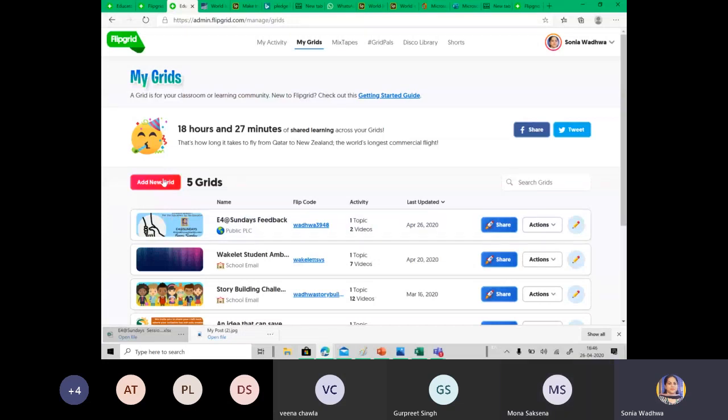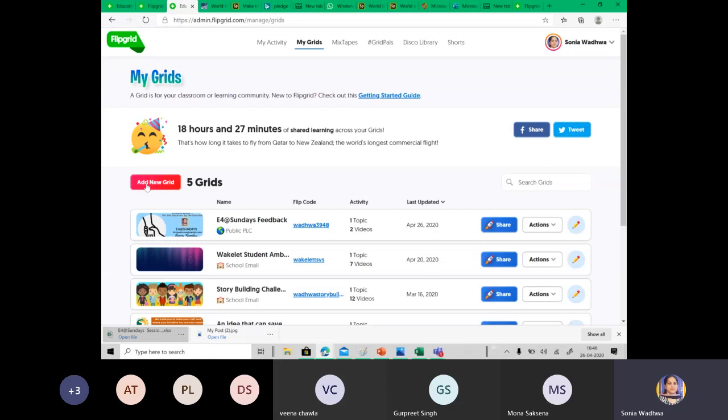You can use this tool for informal activities also. Let's say it is the birthday of your close family friend. You want everybody to record a 1-minute video and send messages for that person. So you create a birthday message grid and send it in the family group. People will keep on recording their responses and later on you can share the link of the grid with the person whose birthday it was. The person will have a feel good factor because in one grid there are 20, 25 one-minute messages, everything together.